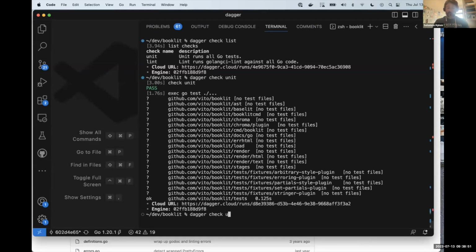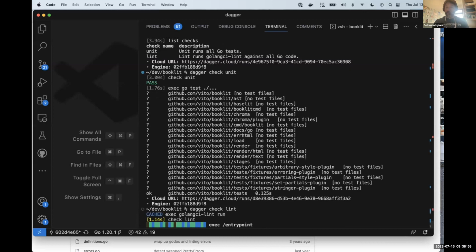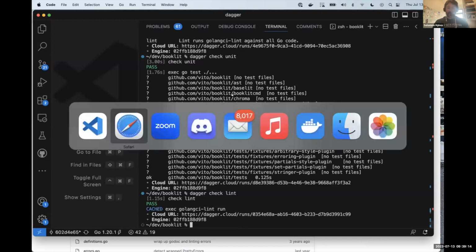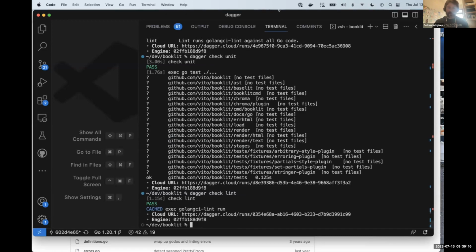So for example, that's the Go unit tests. And then this is the linter. What linter, what tool, how is it configured? I don't know. Alex took care of that, and everything passed. Again, in the very near future, instead, I would have a list of the checks and what they were and their success, etc. I'm going to pause here and check the chat for a second